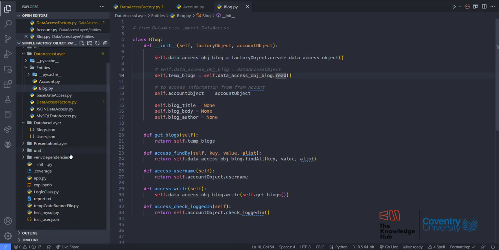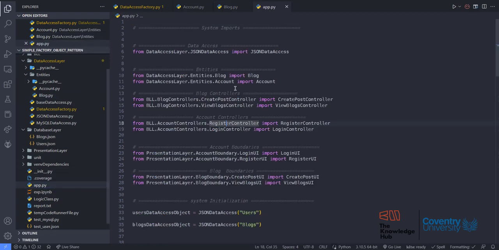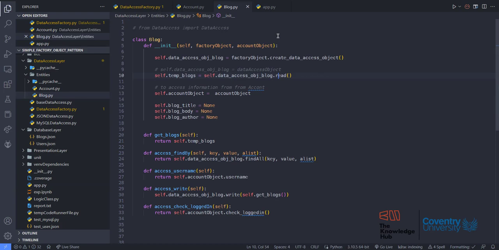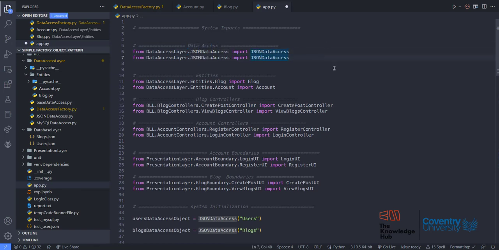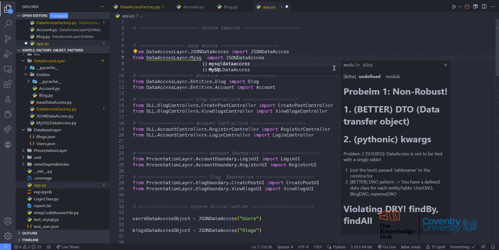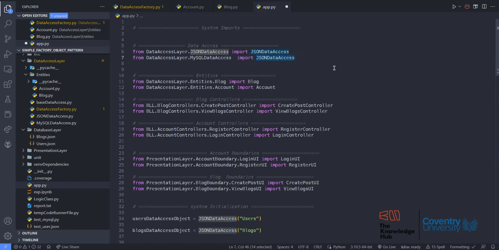Okay, now the moment of truth. Come to the app.py, and this is where we need to wire everything together and give concrete values to my factory. I don't really need to import any of the data access classes. This is the beauty of it. So if I previously had JSON and I added a MySQL data access class,